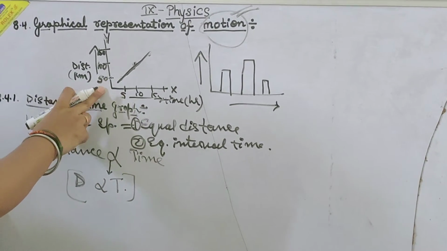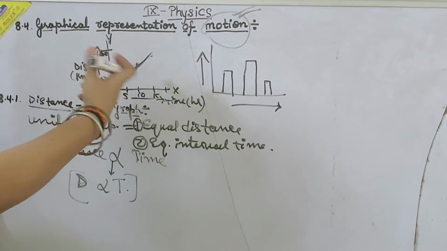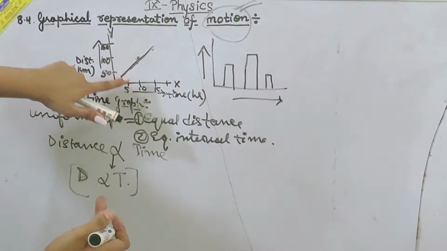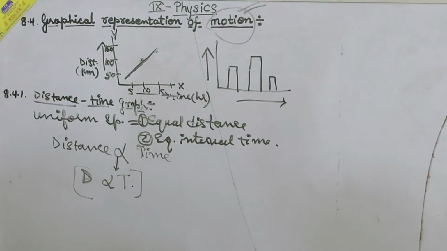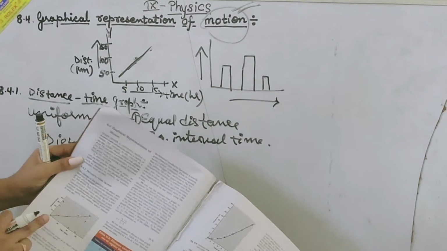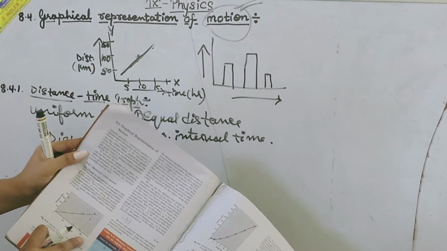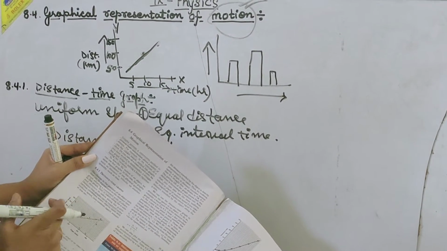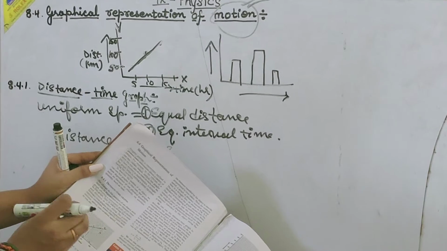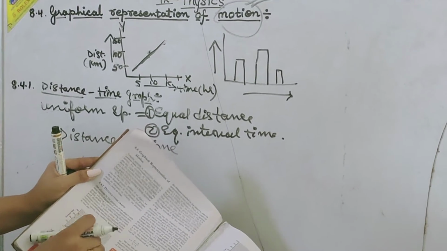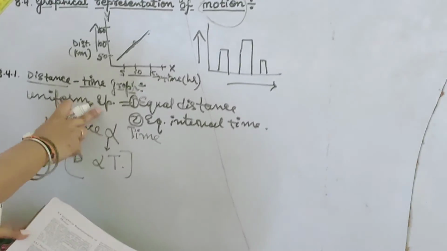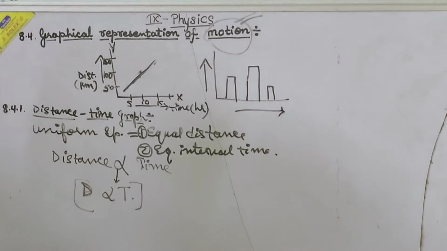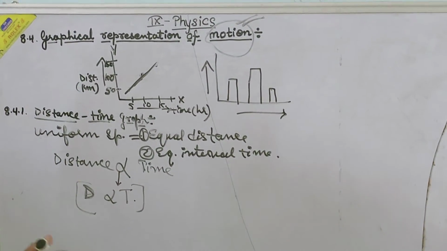Like distance कब बढ़ रहा है, जब time भी बढ़ रहा है. Okay, here the time will be 5 hours, then 10 hours, then 15 hours. And in the book, if the time will be 20 minutes, then 40 minutes, then 60 minutes. तो जैसे जैसे टाइम बढ़ रहा है वैसे वैसे डिस्टेंस भी बढ़ रहा है, और इक्वल प्रोपोर्शंस में बढ़ रहा है, तो वो हो जाएगा यूनिफॉर्म स्पीड. और अगर जब इक्वल इंटरवल ऑफ टाइम में नहीं बढ़ेगा तो देन इट विल बी नॉन यूनिफॉर्म स्पीड.